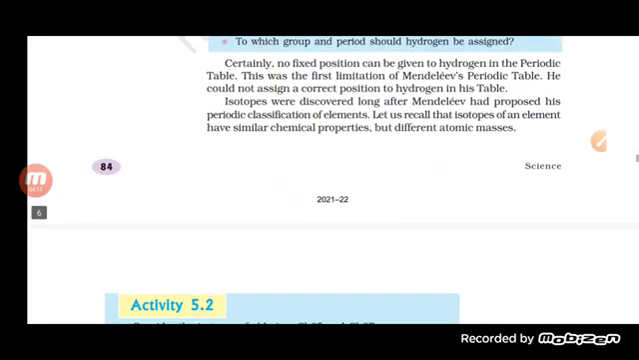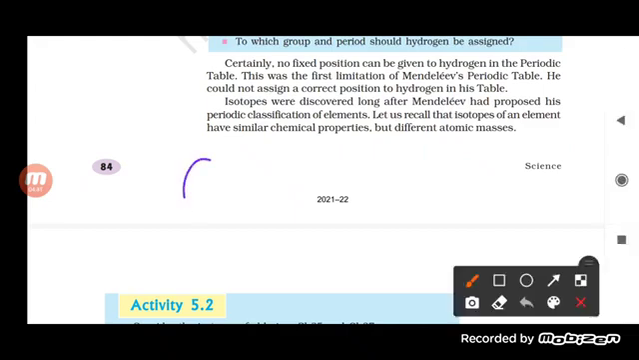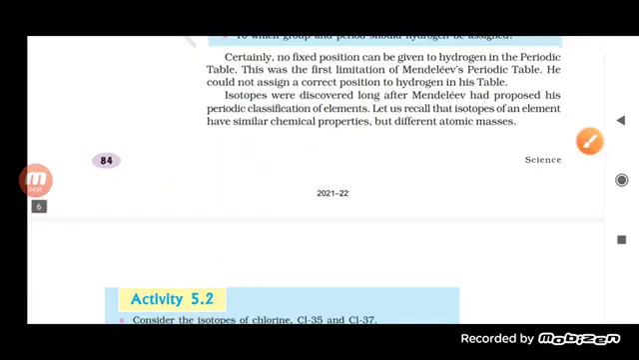The second one is the position of the isotopes. As you can see, the Mendeleev periodic table has been classified on the basis of atomic masses. Talking about atomic masses, students, there are different kinds of isotopes. What are isotopes? Elements with the same atomic number but different atomic masses are called isotopes. Like chlorine, whose atomic number is 17, has an atomic mass of 35,